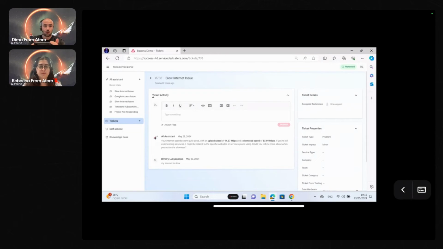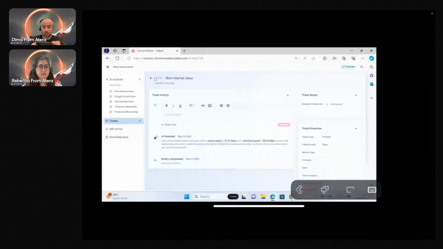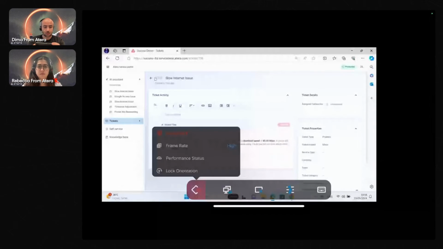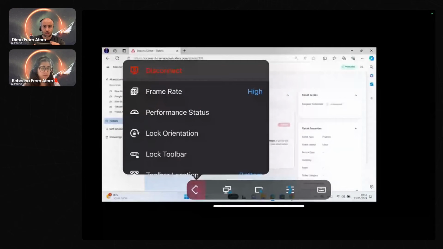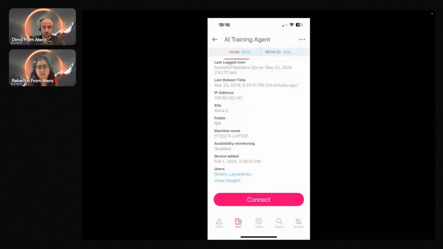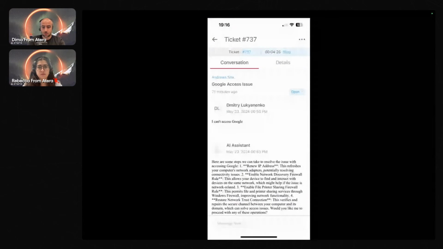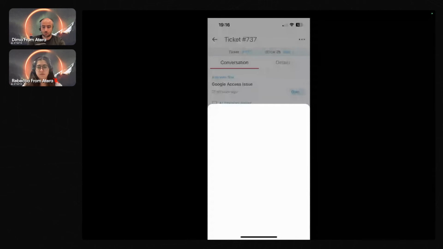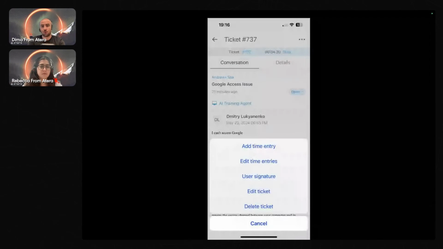Imagine you have fixed some of the issues and helped your customer, and you went to his site. Let's disconnect for a second and get back to the mobile application view. Let's go back to Atera, and let's imagine this ticket was successfully resolved. But before resolving this, we need to confirm